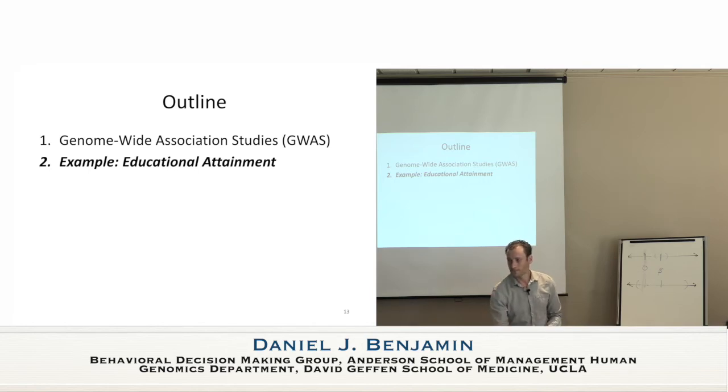Yeah? Sorry, just to go back to the regressions that you're showing. It strikes me as a classic issue of omitted variable bias. I was wondering if there's any scope for some of the usual fixes we have for omitted variable bias, IVs or something like that. I know you can't really plausibly think of an instrument that just shifts one SNP. Is there anything like that we can do to